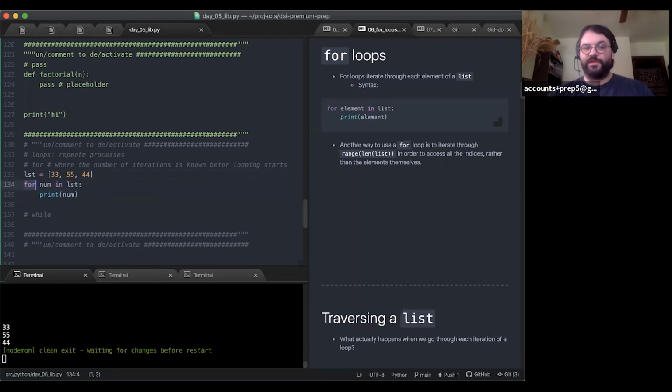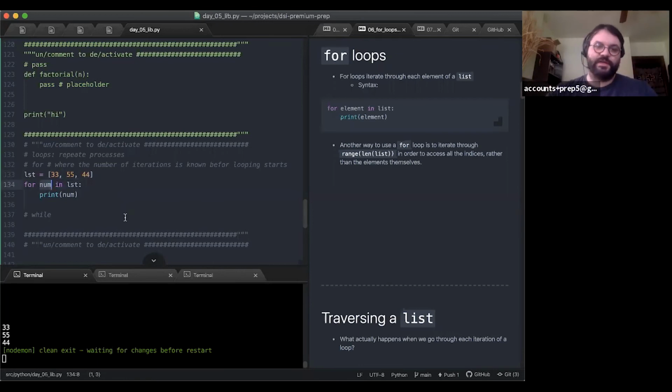We have the for keyword. We get to decide here the identifier name, the variable name, for each of the elements in the list. Now, each of these are numbers, so I figured num, a common shorthand for number, is a good name.